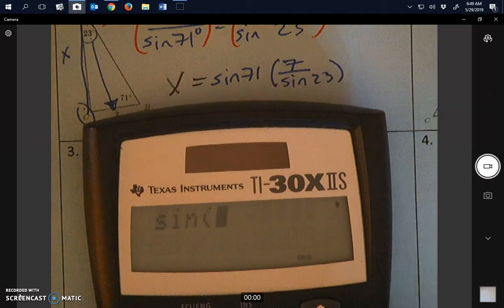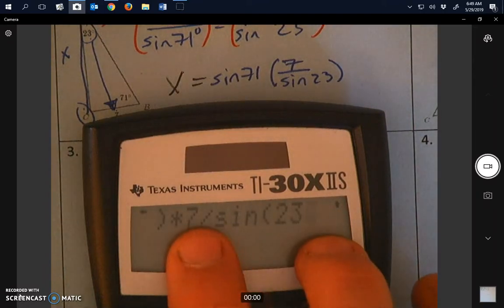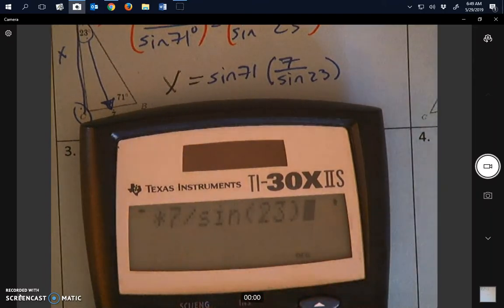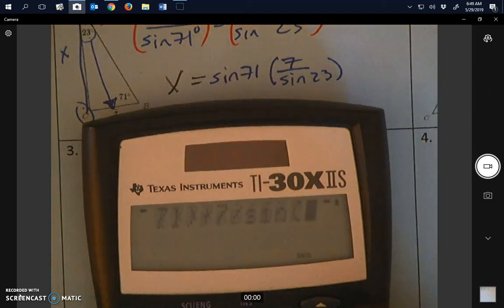So sine 71, close that out, times 7 divide by sine of 23. Now, I could put parentheses around this. Well, I should do that just for good practice, right here, because I wrote it up here above. So I could do parenthesis 7 divide by sine of 23, like so, and then close out my big parenthesis. And we get